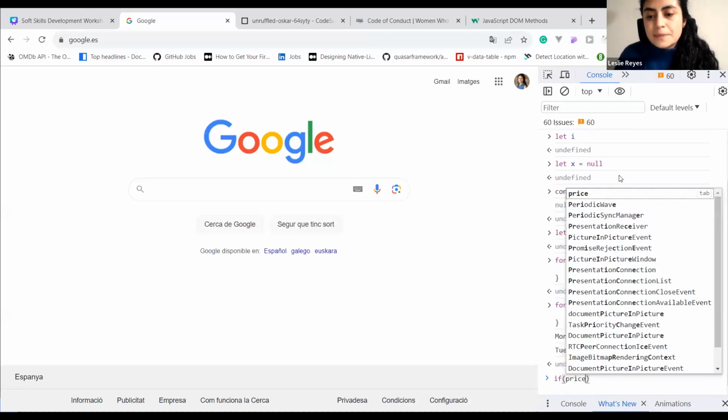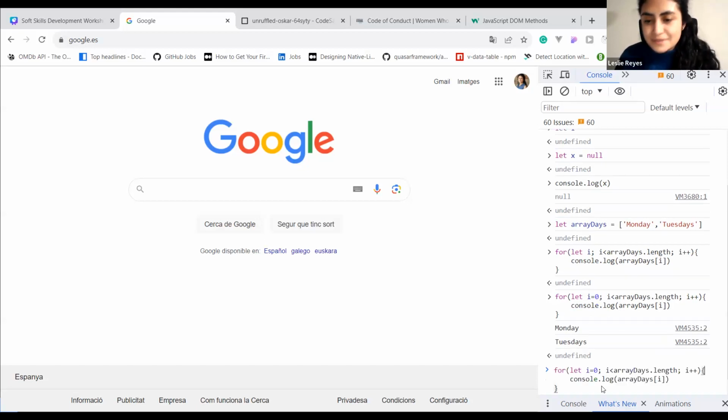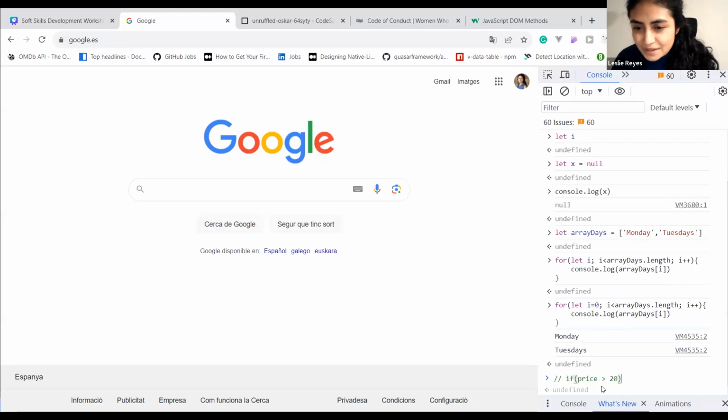If my variable price is greater, here are the operators that I wanted also to discuss, and better to have an example to explain. So if price is bigger than 20,